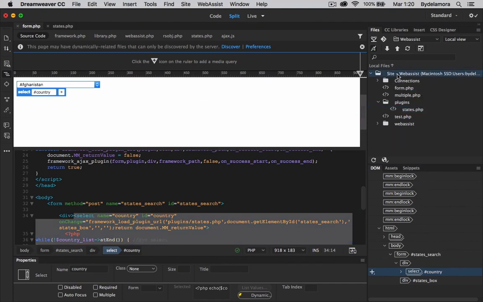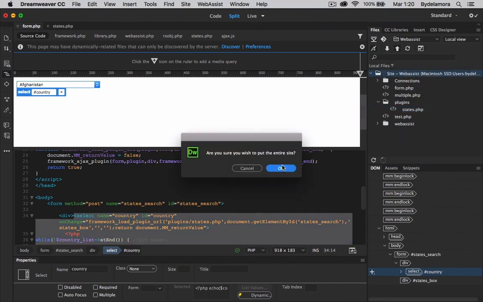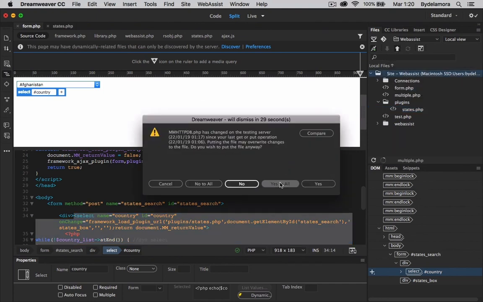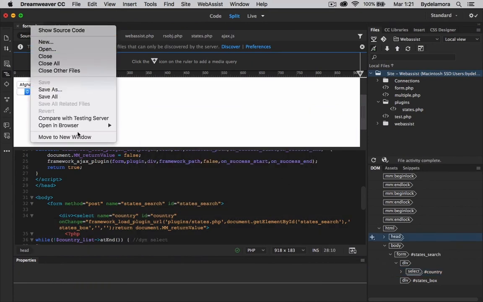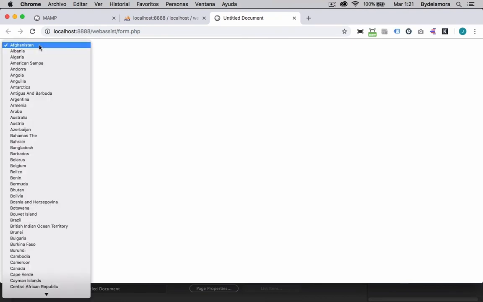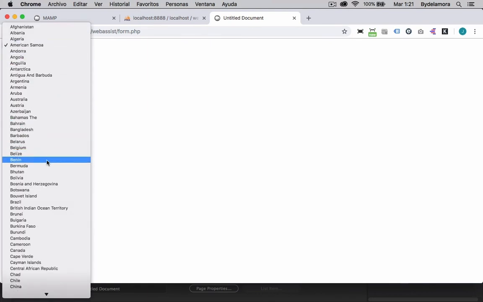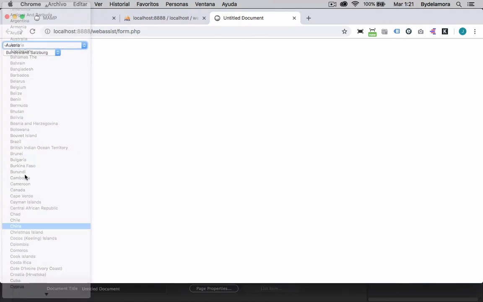close the panel, we upload our entire site. Finally, go to browser, testing browser, and we see our two selects. When we change the value from the first one, the second will take the state from this country. If we want to see, for example, the state from Austria, if we want to see the state from China,